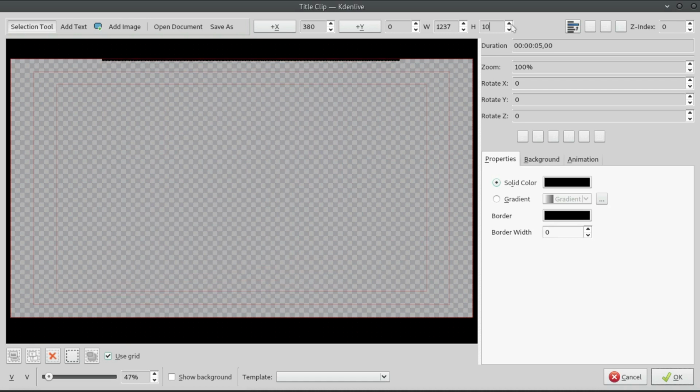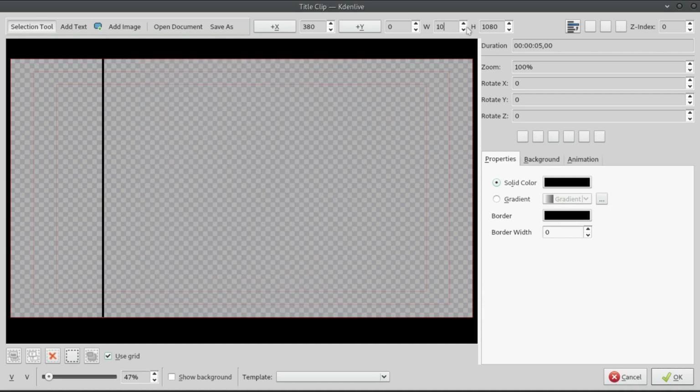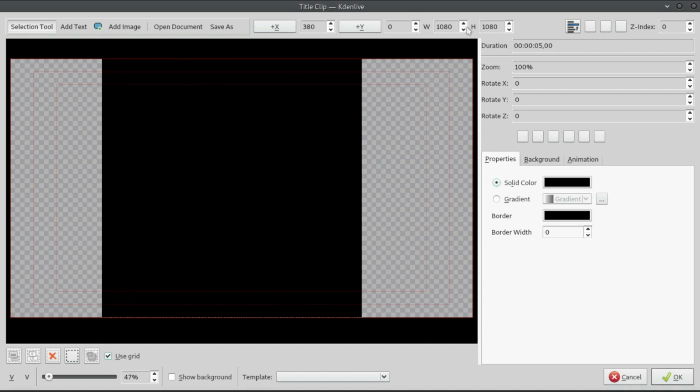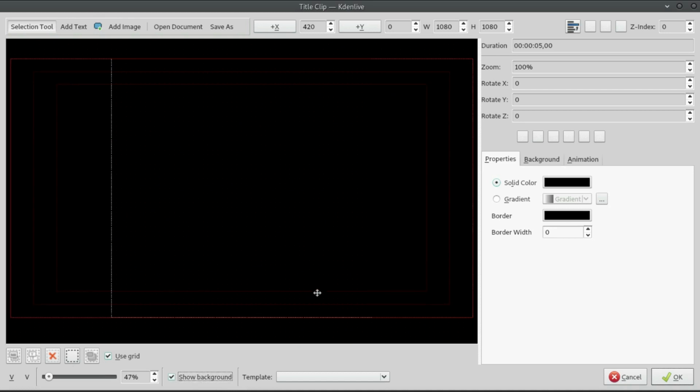I think this should be 80. That's that. And then 1080. Not 82. Horizontal, vertical. I have that. I can do show background. That would have showed me whatever else would be on the screen at this second to help me get everything where I want it. I can edit the colors, add animations, edit the Z index,